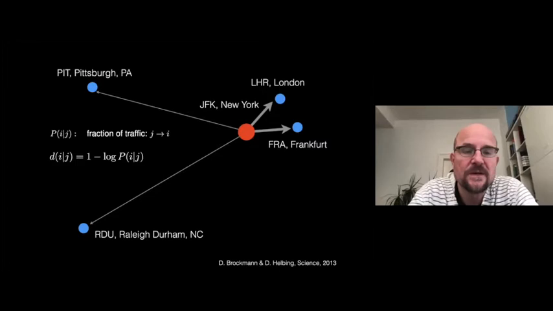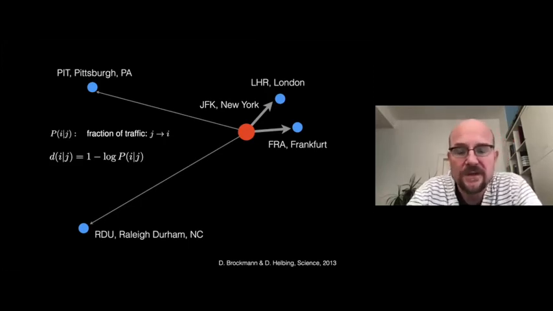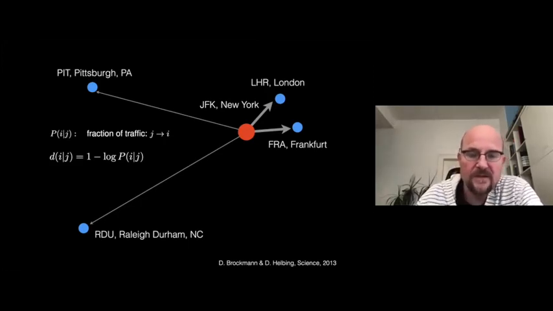And that's why this logarithm appears in there. But it's not really essential for understanding the gist of this. What you need to understand is that if there's lots of traffic, usually there's a shorter distance compared to longer effective distances between locations that are coupled weakly. And so when you do this,